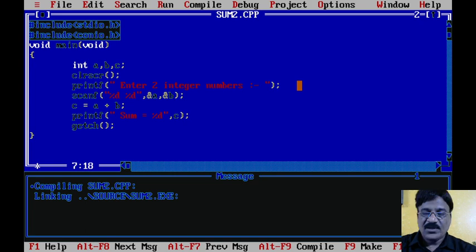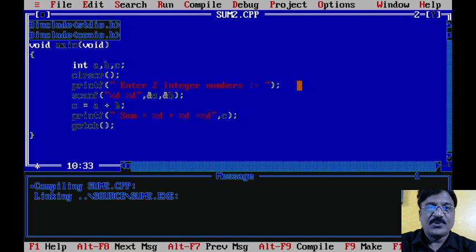Okay. Now what is going to happen if I want to print the addition of 4 and 5 is equal to 9? It means the addition of the first number with the second should provide a result. Now how many values are we going to print here? 3 values. So write here a, b, c.